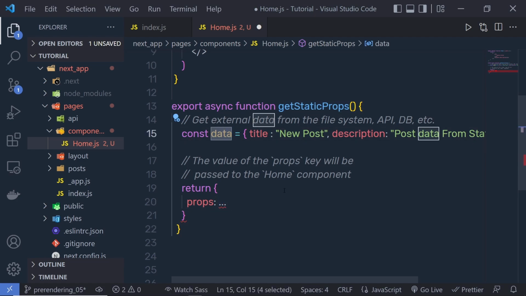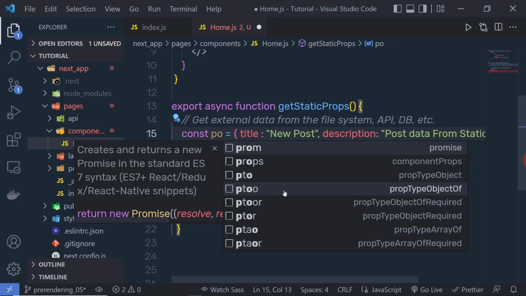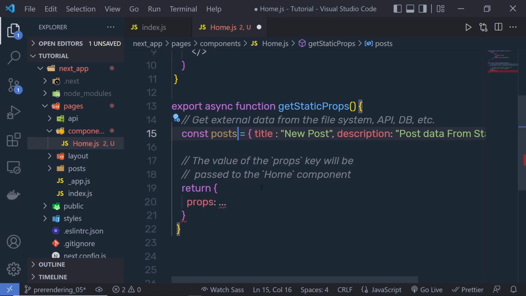Let me just change the name of this variable. I'm going to say here post, and I'm going to just pass this post data using these props. So here I'm going to get rid of this triple dot, pass here an object, and here I'm going to pass my post data. I'm going to just mimic a backend request here. So we just created an object here and pass that to the variable,